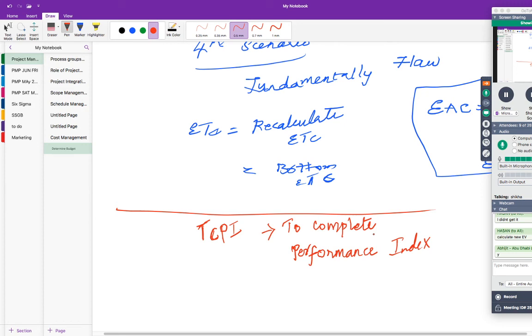This is like a forecast, like a number that you are assuming. So what rate you have to go in order to complete the work in the given budget. Okay, for example,